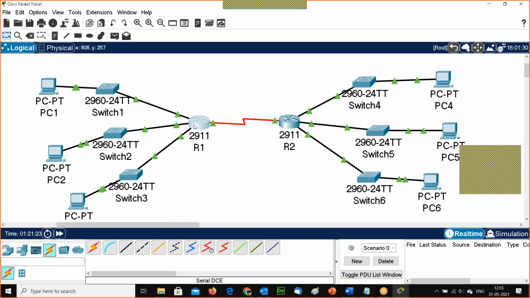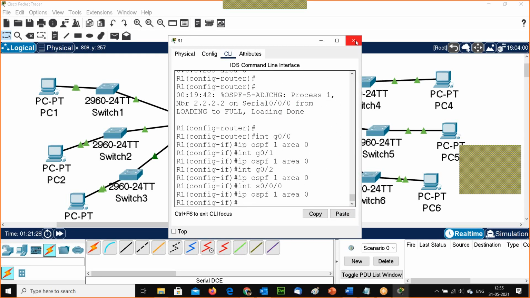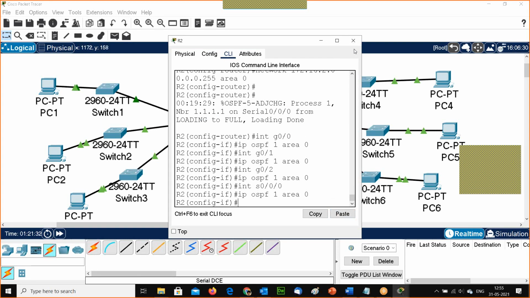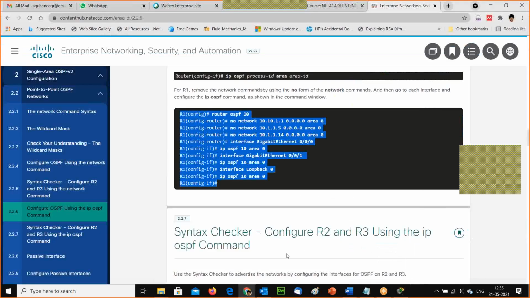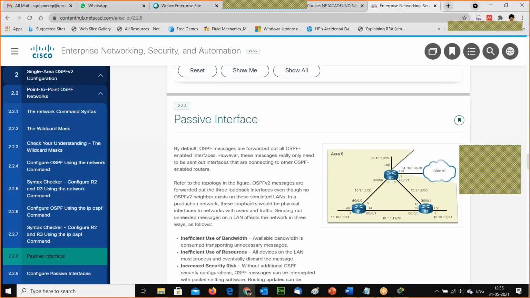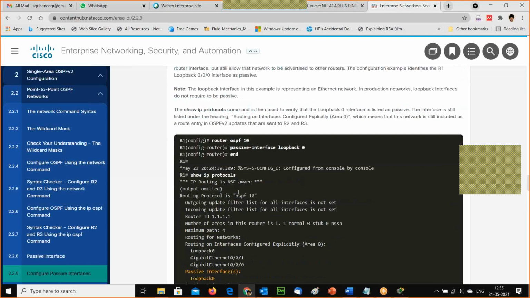These things we are going to do here, so not a problem. We can still go and do it. So this kind of configuration is also a part. Okay. So now we can go and check this. Here we can also decide which is the passive interface. For example, if you have any loopback interface, I will configure it as a passive interface.